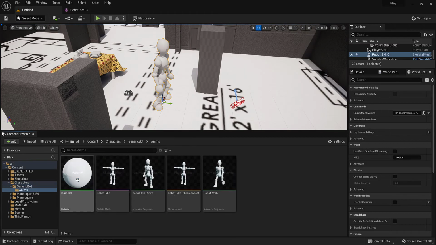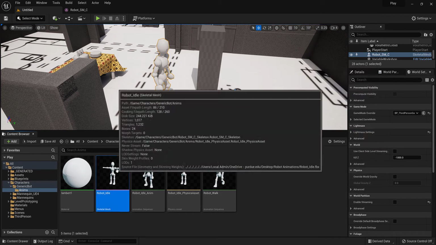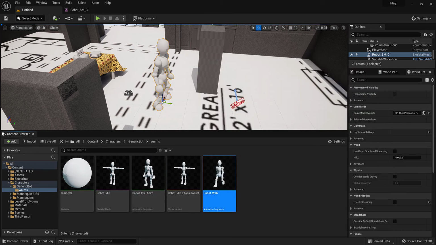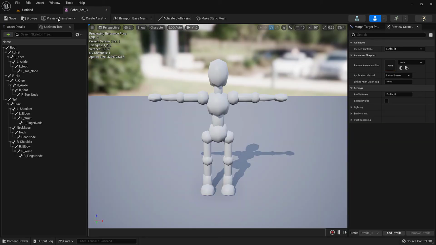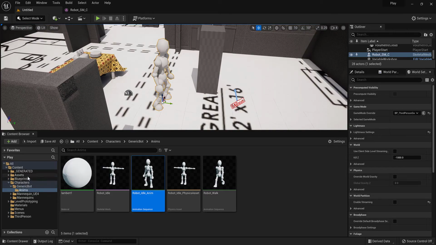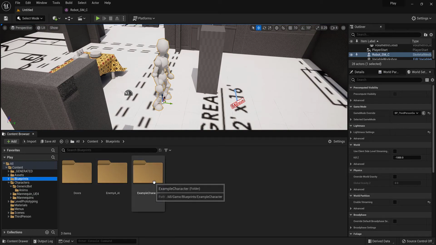And inside of here, I made a folder and I just dragged in my idle and walk, which are just the two animations that we created before. Ideally, you want to create more than one animation. What I mean by that is a run, a walk to the side, left and right, all that good stuff. All right, so back in here, I have a folder called Blueprints, and I have an example character folder here,